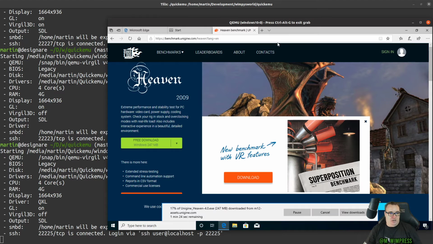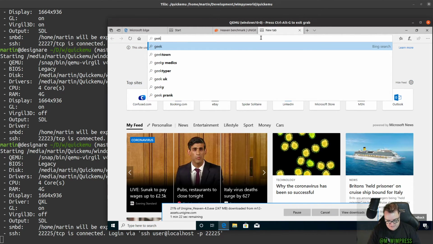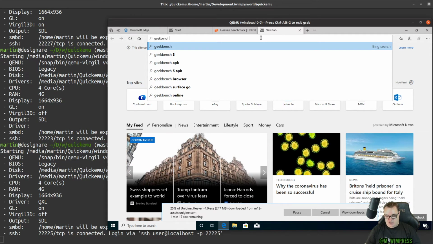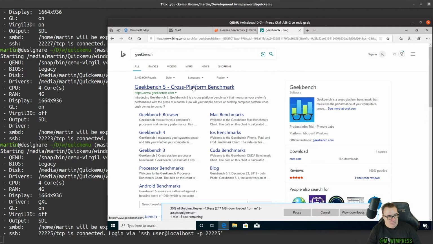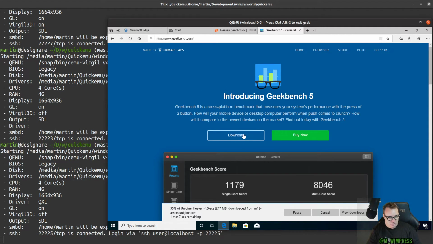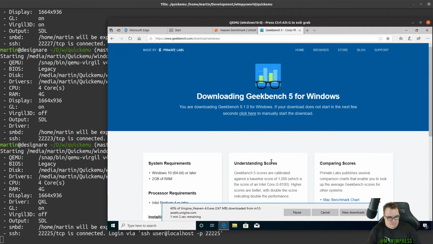Geekbench, good idea. Also a good one. I've never run Geekbench on Windows, which actually you could change that statement. I've never run blank on Windows, because the chances are I haven't. But I watch videos and I know that that is a tool that people use. It's a bit more fancy on the old Windows, isn't it? On account of it being a